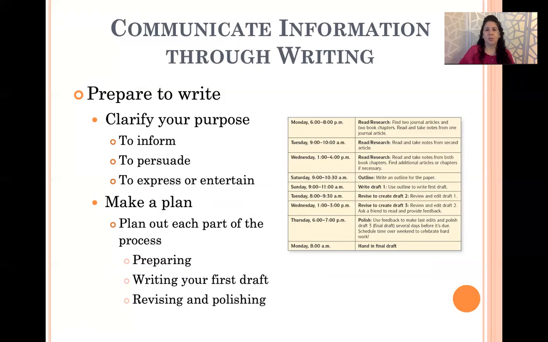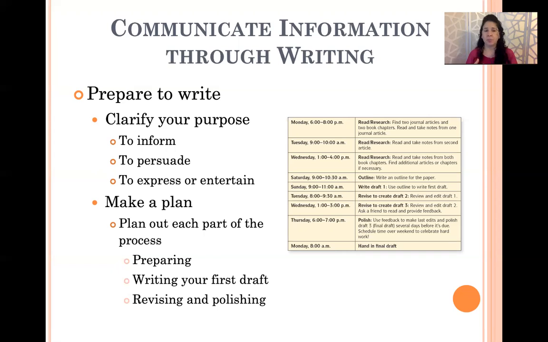So think about if you have to write a paper for a class, maybe you're not looking forward to it. Maybe you're concerned about your writing skills. There's a couple positive things you can do here. Number one is clarify, what are you doing here? Is this a paper for a history class, where I'm supposed to write about an event in history, the pros and cons of the decision-making of that event and what would I do, right?